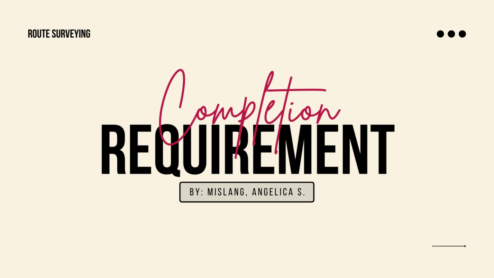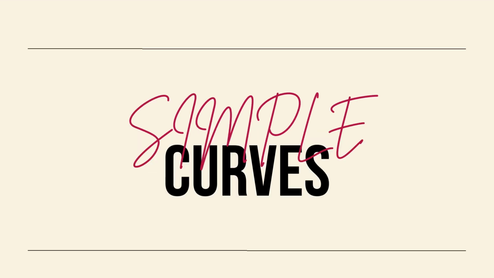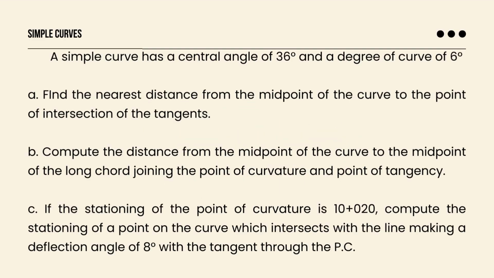Good day. Today we are going to solve problems on simple, compound, reverse, vertical, parabolic, symmetric and asymmetric, and spiral curves using arc and chord bases in the metric and English system. First, simple curves. A simple curve has a central angle of 36 degrees and a degree of curve of 6